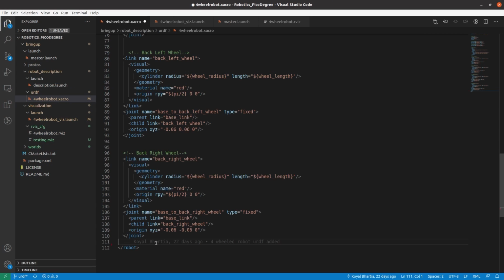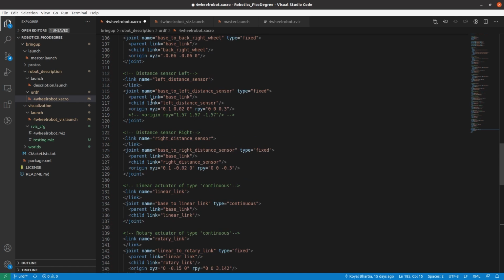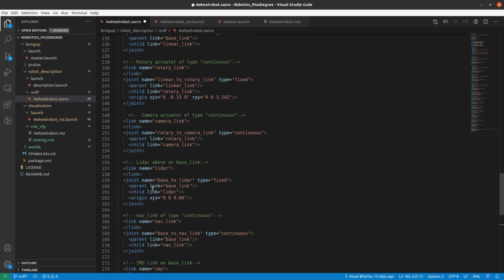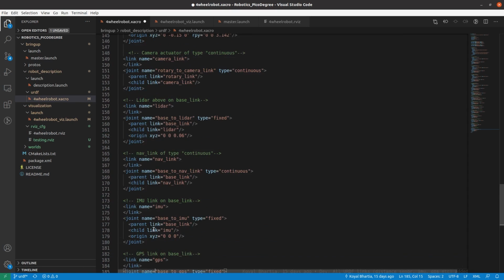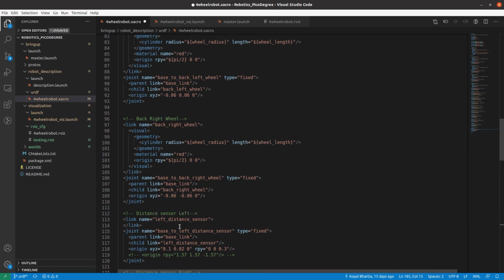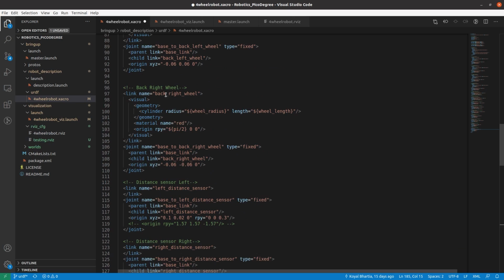Now let's introduce some of the other links that we commented out. Let's include the distance sensors, the linear actuator, the rotary actuator, camera actuator, LiDAR, NavLink, IMU and the GPS. We can also do a small experiment here with maybe the back right wheel and convert its visual geometry's origin to pi by 4 and see how it reflects as a change in our RViz.